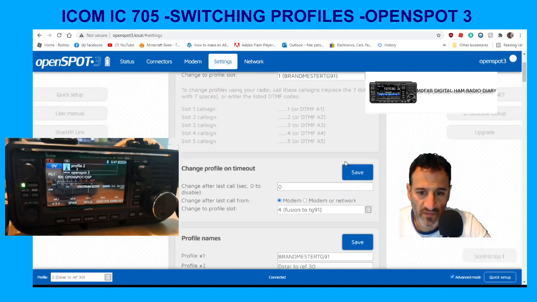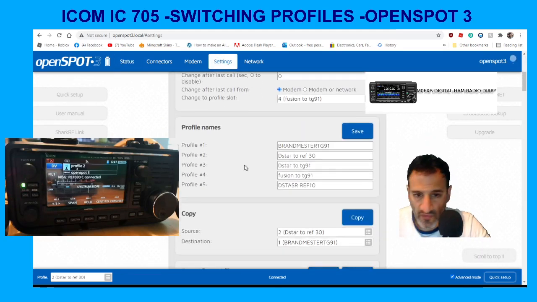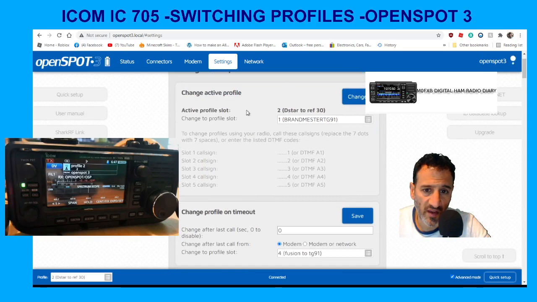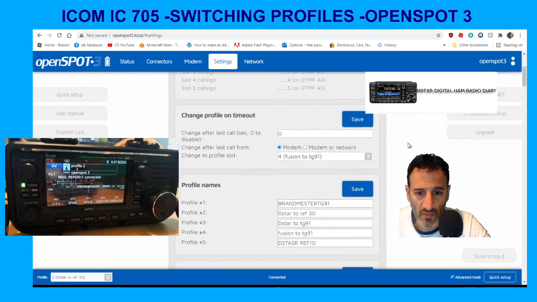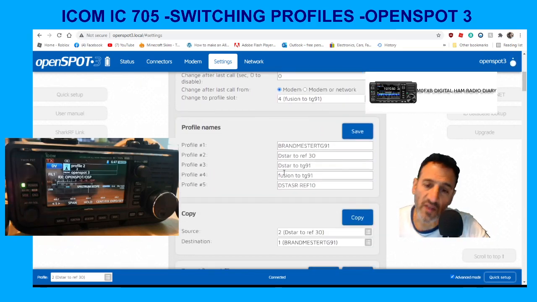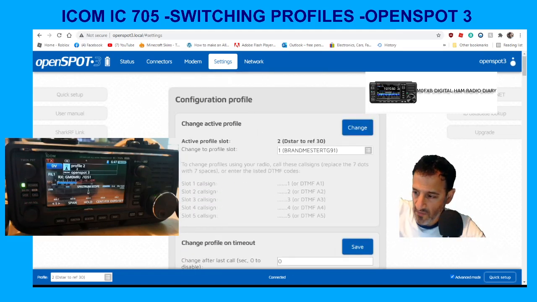We're going to move it from profile number 2, where we are at the moment. Look, it says it here, profile 2. And we're going to move it to profile 3. So if I'm successful, it will say profile 3, and it will say connected to talk group 91 or whatever the reflector number is for that. So look at the radio,